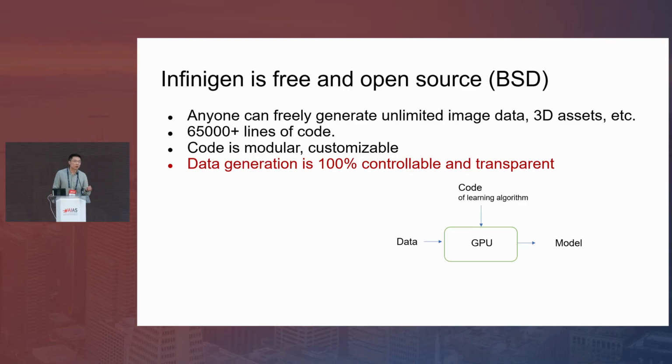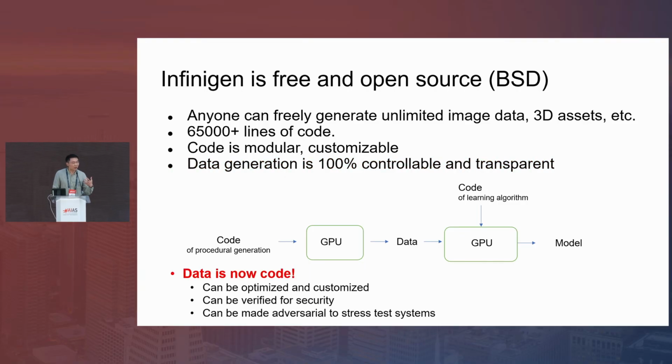So the current paradigm of machine learning is that you just take data, most likely from somewhere else, and somebody provided it to you, and you have no control of it. You don't necessarily know what's in it, and it can be very messy. And then your main effort often is on optimizing the code of the learning algorithm, right? And then you put everything inside a GPU, and out comes a model. But now, if data is completely procedural, the data is essentially code.